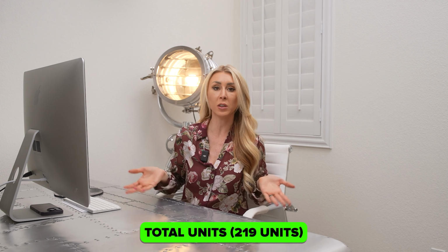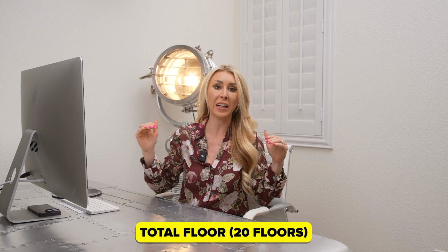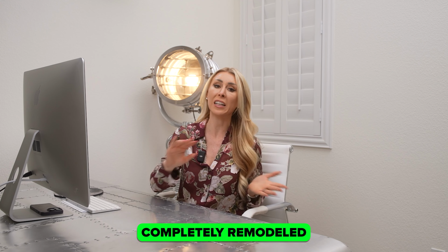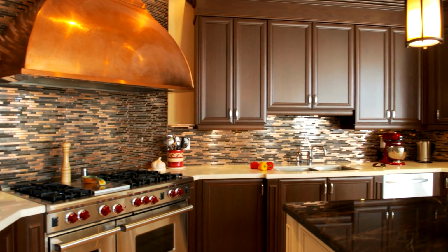Between the two towers, we have 219 units, and the floors go all the way up to 20, stopping at 18 because the penthouse takes up 2 of those floors. One Queensridge Place has some units that have been completely remodeled, but a lot of people have kept the original developer units. The reason being is these units were of the utmost upper crust. You have chef-style kitchen, ornate fixtures, gorgeous tile flooring, beautiful balconies, incredible windows, incredible views, and I loved my open